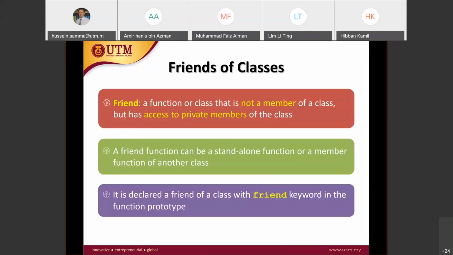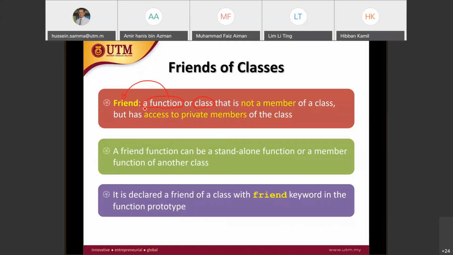The key idea of friend is a function or class. So we have two cases for the friend. Sorry, I just need to change the layout. Now, for the case of the friend, maybe function as a friend or class. So we have two cases